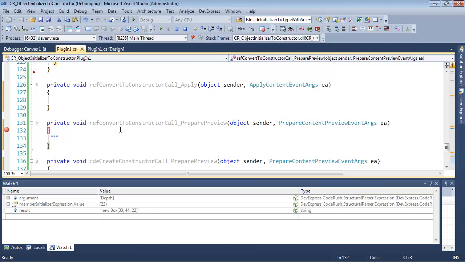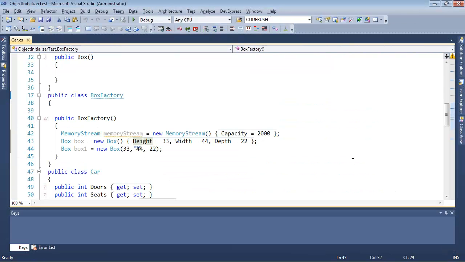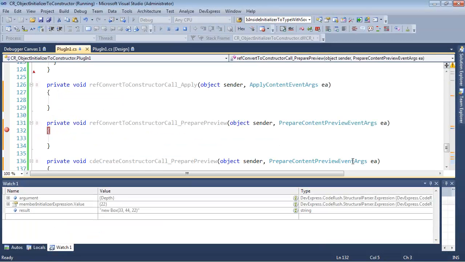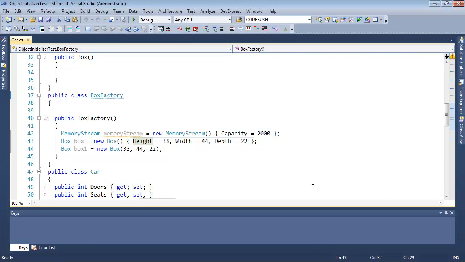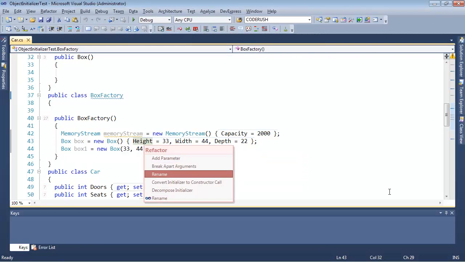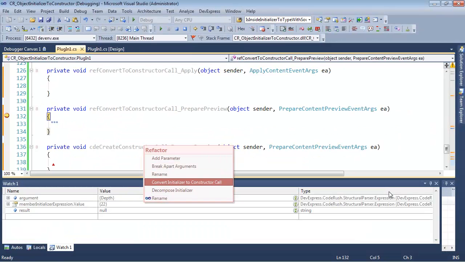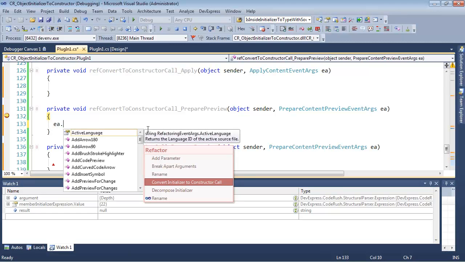So let's go ahead and we'll run it, and then we'll hit the key to bring it up. Let's hold on one more time. Now when we highlight it, there we go. Prepare preview. So there, the menu is up, and now this is our opportunity to prepare preview. Unfortunately, now that we're debugging, we have the refactor menu on top, and there's not much we can do because it's on top right now. But it's going to look something like this: EA dot